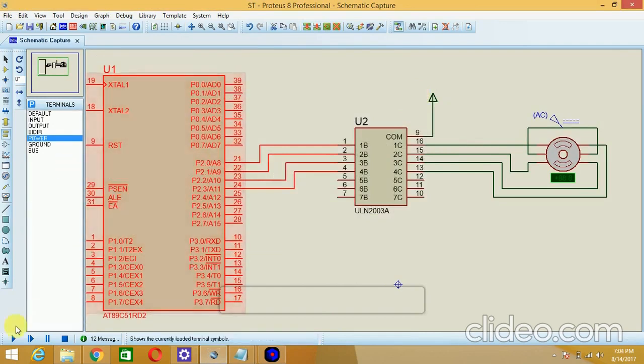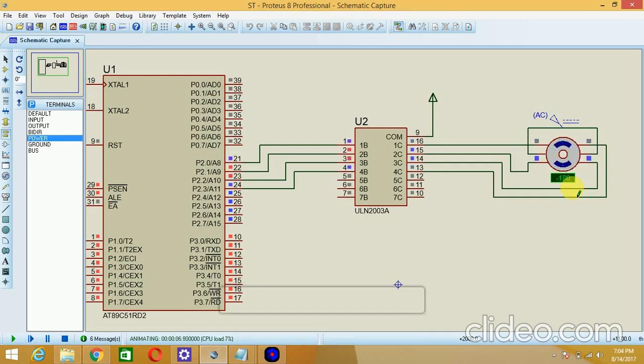So I will just run the simulation model, see the difference. Now it is rotating with minus 90 degree, minus 180, minus 270, minus 360, that is 0 degree. So right now the stepper motor is rotating in anti-clockwise direction. This is called the full step sequence in anti-clockwise. That is, the stepper motor is rotating in only 4 steps.